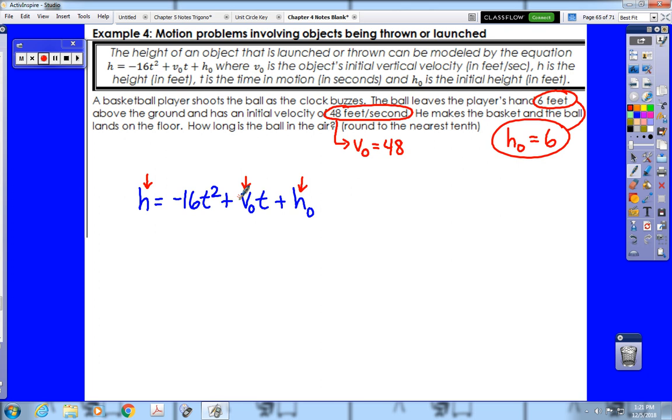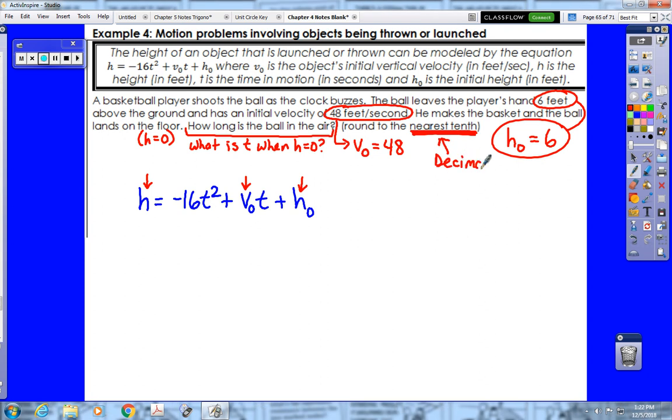He makes the basket, and the ball lands on the floor. Now remember, the floor would be h equals 0. Okay? How long is the ball in the air? So that's saying, what is t when h equals 0? That's what that question is asking. Now notice it tells you to round this problem off, which means we are going to give a decimal answer. I know that makes some of you so happy. Okay? We're going 1 decimal place